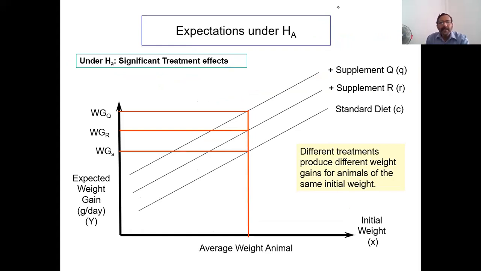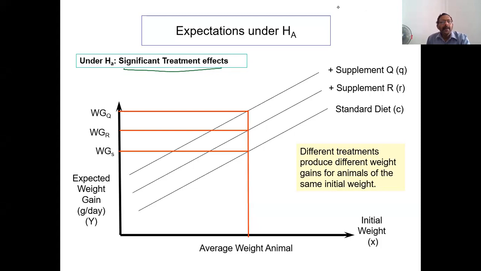If you look at the alternative hypothesis, what is the alternative hypothesis? At least one treatment mean is different from the rest. Am I right? At least one treatment mean is different from the rest. That is how we